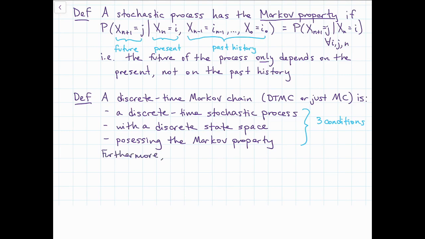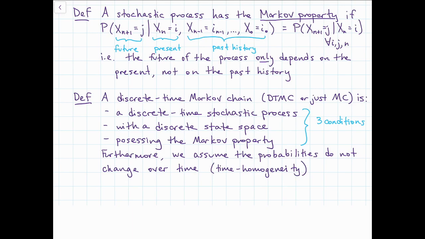In addition, for this course, we're going to assume that the probabilities of moving from state to state do not change over time. So essentially, we're assuming that it's a time homogeneous stochastic process. And what that means is this probability here, the probability of moving from state i at time n to state j at time n plus 1, is not going to depend on n. So we can just call this Pij. Notice that this is going to depend on i and j, but not on n. We don't actually need to know when this step is occurring. So whether it's occurring from step 0 to step 1 or step 100 to step 101, all we need to know is where we're going from, state i, and where we're going to, state j.